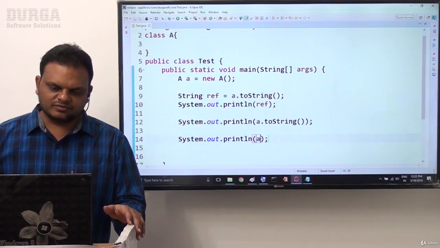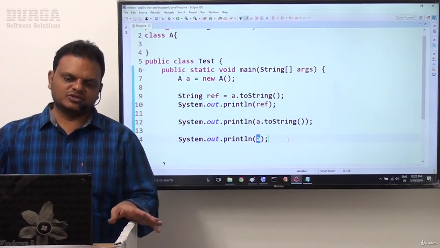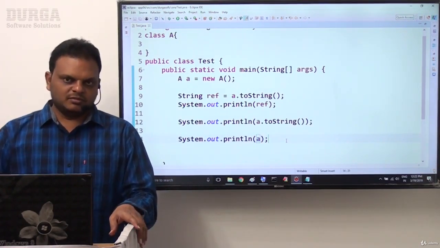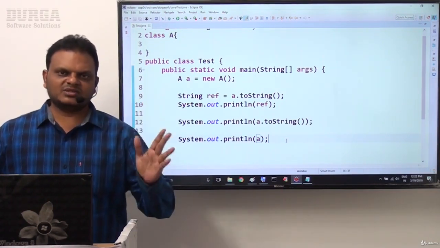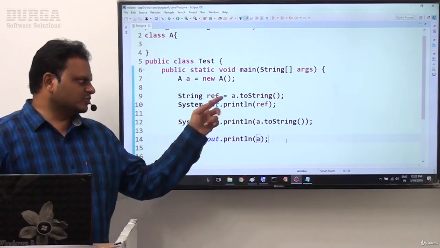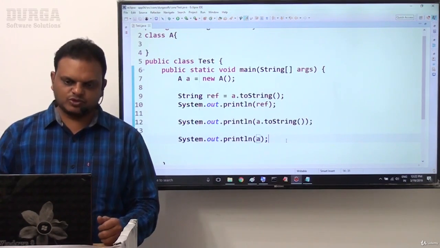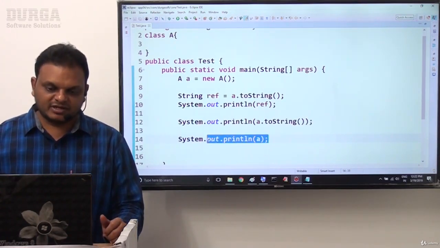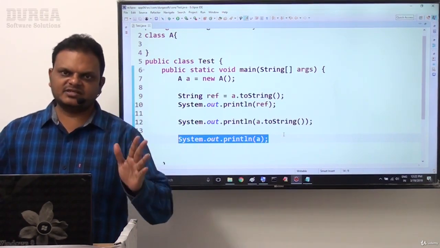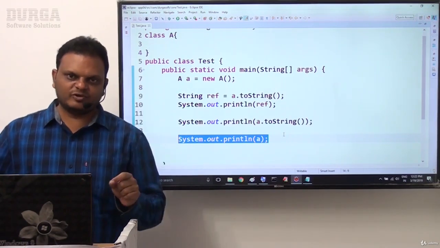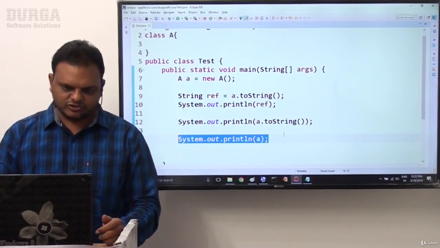But what about the last one? I am not calling the toString method on a. I directly passed a as a parameter to System.out.println. But remember one point: in Java, when we call the toString method, only then do we get output like class name, @ symbol, reference value. The first 2 times we call toString, but in the last time we are not calling it. Which output will we get the third time? The first 2 times the output is the same, class name @ reference value, but the third time, do we get only the reference value or the class name @ reference value? That we are going to understand clearly.